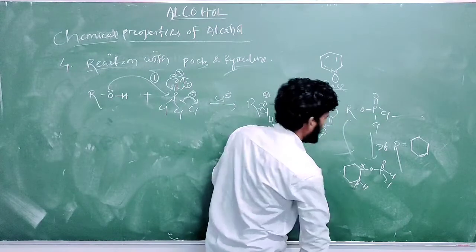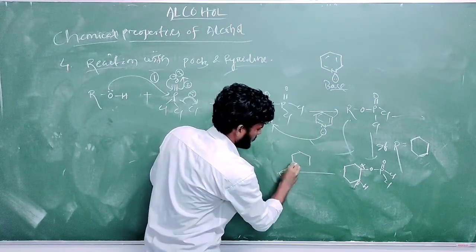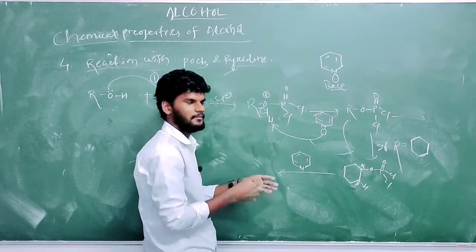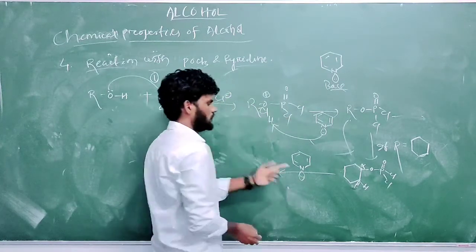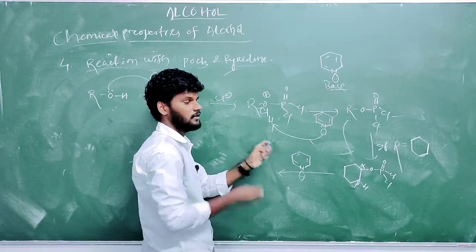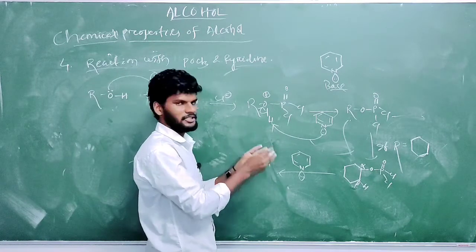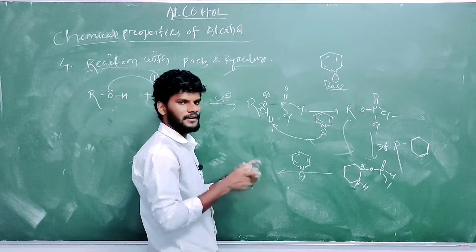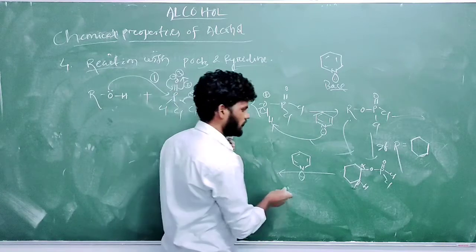So in the solution there is presence of pyridine. Pyridine is a base. You can take any moles of pyridine. If pyridine is present, another mole of pyridine, what is the role of the base? It will abstract hydrogen. If there is presence of base, then which pathway will it follow? Will it be SN1, SN2, or E1 or E2? It definitely goes under E1 and E2. As base is present, it will undergo E1 or E2 elimination reaction.